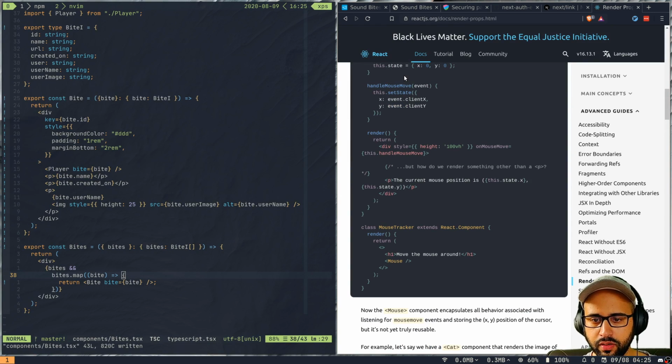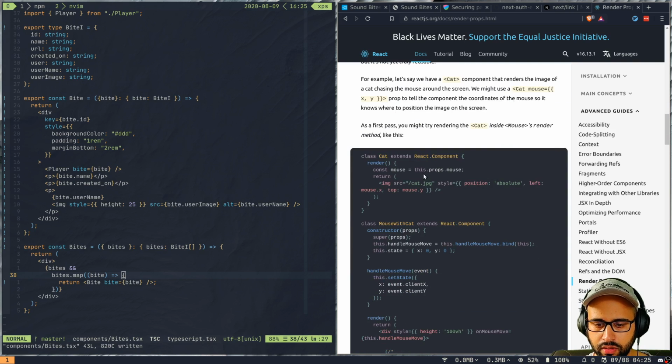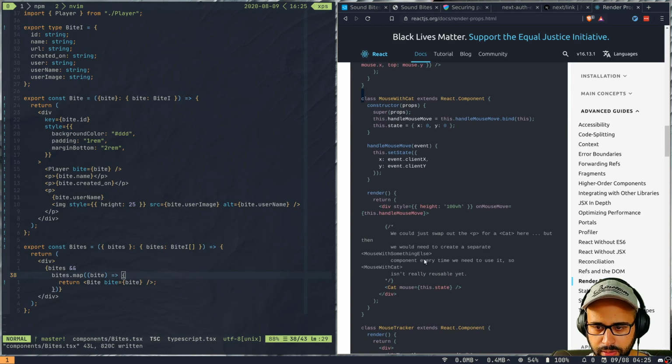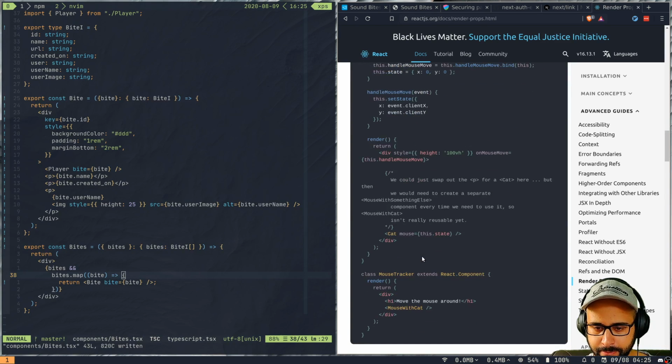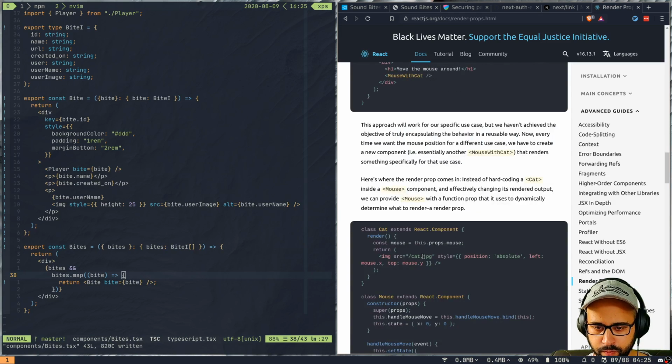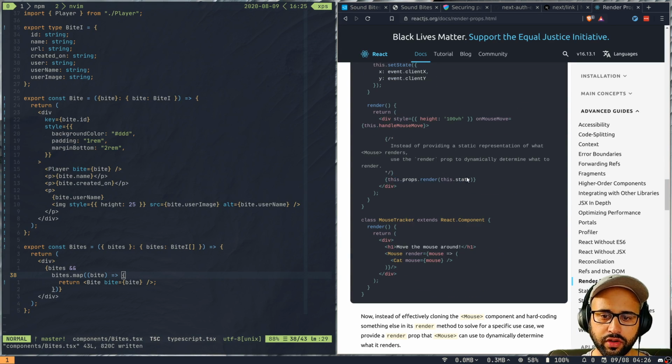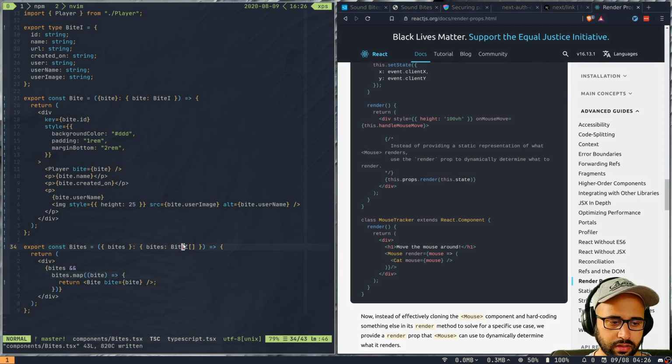Does this example do render props? I don't think so. I think this one might. Cat, mouse with cat. I think these are all examples. Yeah, this is what we want, right? We want to return this.props.render. Okay, we can do this.props.children and then pass it. Okay, so instead of this,